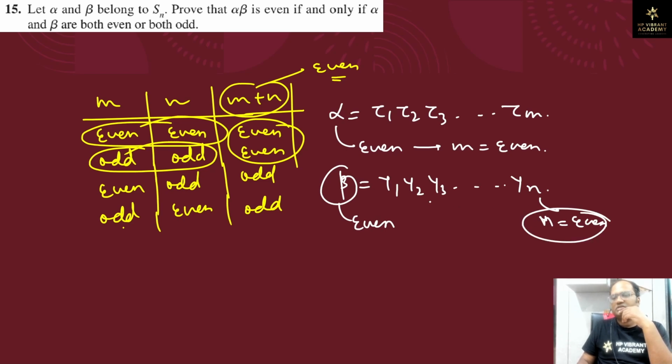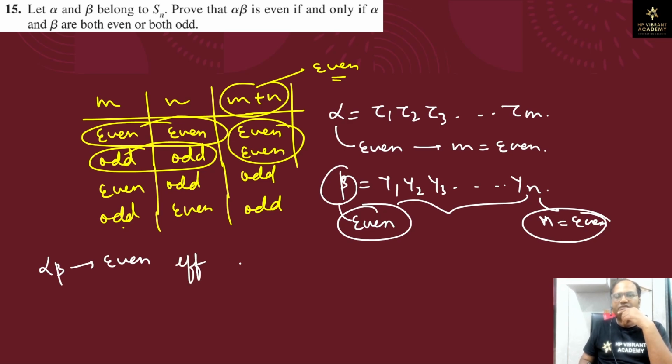मतलब n इवन हुआ, इसका मतलब इवन नंबर ऑफ ट्रांसपोजिशन। इवन नंबर ऑफ ट्रांसपोजिशन मीन्स बीटा इज इवन। तो क्वेश्चन में क्या कह रहा है, अल्फा बीटा इज अ इवन परमुटेशन इफ एंड ओनली इफ अल्फा और बीटा बोथ इवन हो या फिर बोथ ऑड हो।